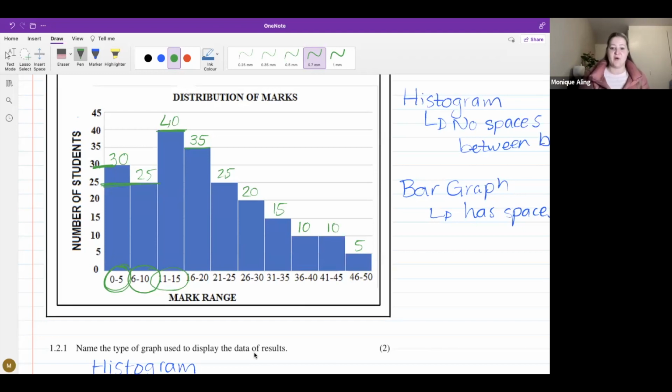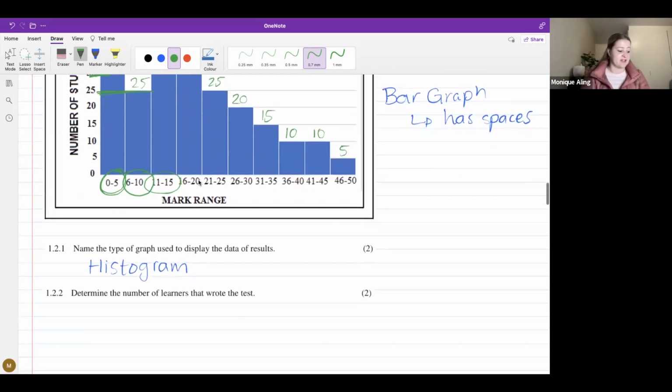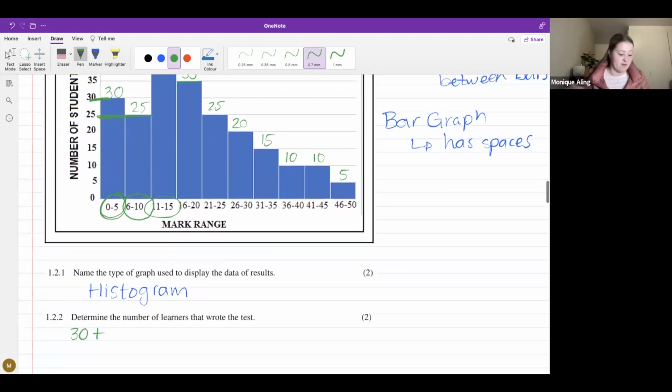Good, Lesedi. Awesome, great. Okay, guys, so if we have a look at each bar and we take the number of learners in each mark range and we add all of those numbers together. Remember, this question is for 2 marks, so we need to show working out. The first bar represents 30 learners. The second bar represents 25, then 40, 35,